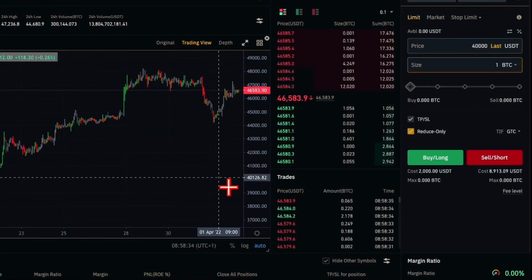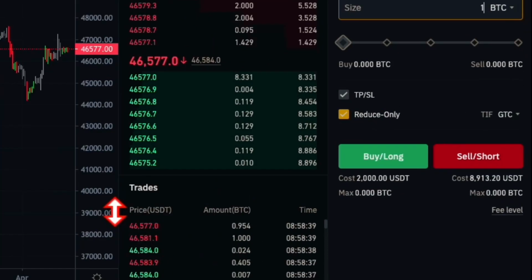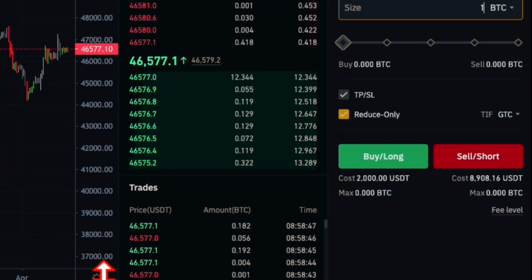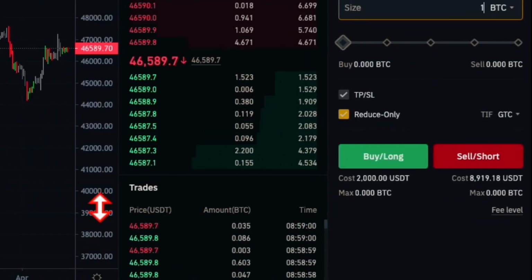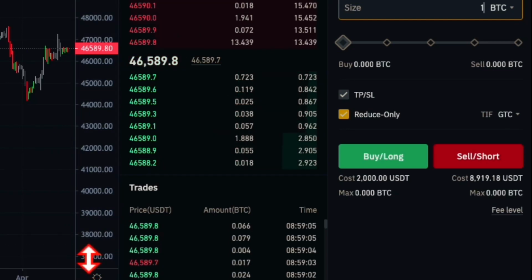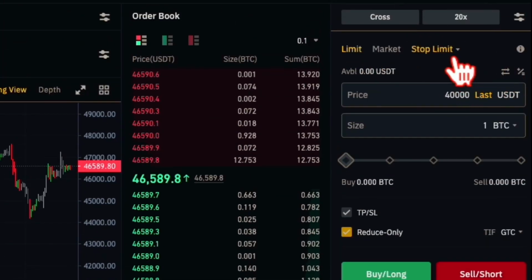So when the price has reached 40,000, it will trigger my position to start. The next price can be 39,000, can be 38,000, can be 20,000. But it must reach 40 for you to trigger the position. But most times the difference is not so much. At this 40K you are seeing here, my position will be triggered, which means I can buy at any point down, 39, 38, 37,000. I can even buy when the price is 20K. But if I don't want that problem, if I want to give a range that the price should trigger at 40 and buy below, but don't buy anything below $38,000, I can use the stop limit to control that.